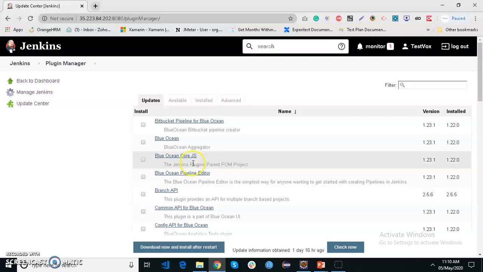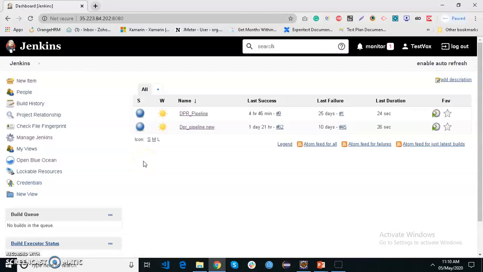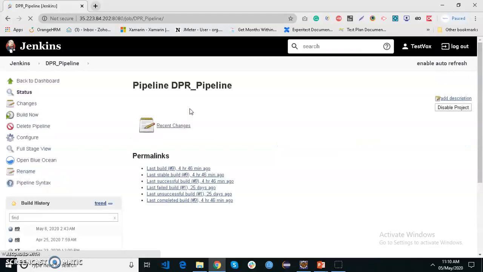By using this, you can install available plugins. Available plugins means here you can see Blue Ocean Core JS, which you need to install. Then we need to configure the Jenkins job.